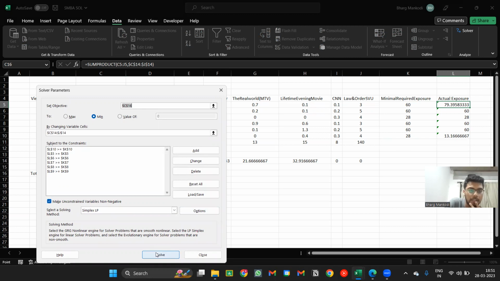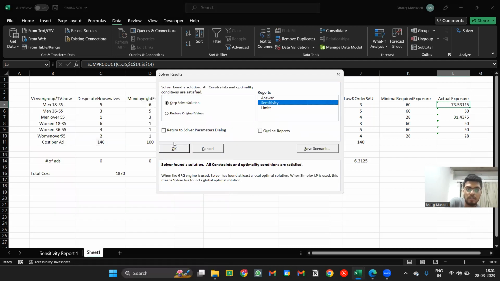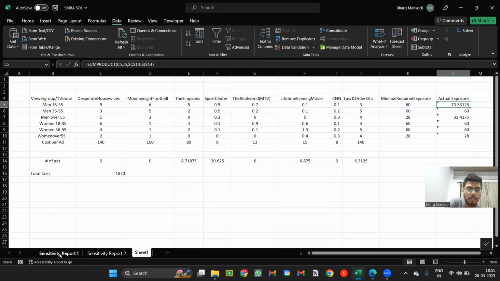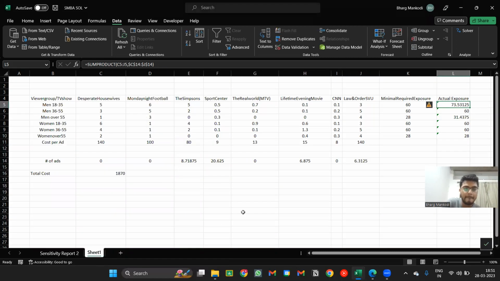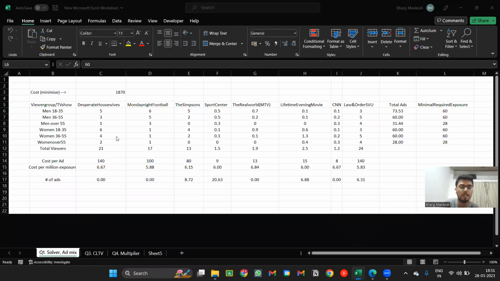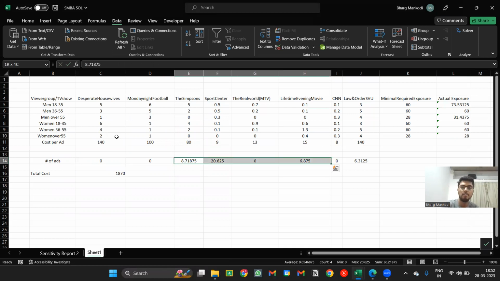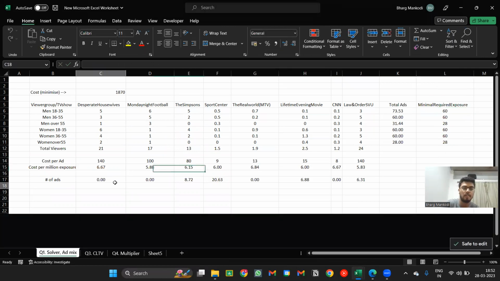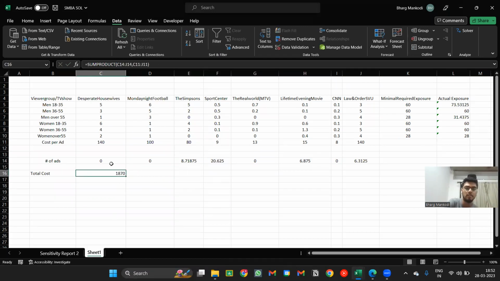Yeah, looks right. We should actually check this once before clicking solve, but I got a bit impatient. Solving will generate the sensitivity report again and delete the original sensitivity report which was created in error. And yeah, this looks right. Yep. So what this tells us is that we will only advertise on these shows, and the total cost will be this. This is the minimum cost